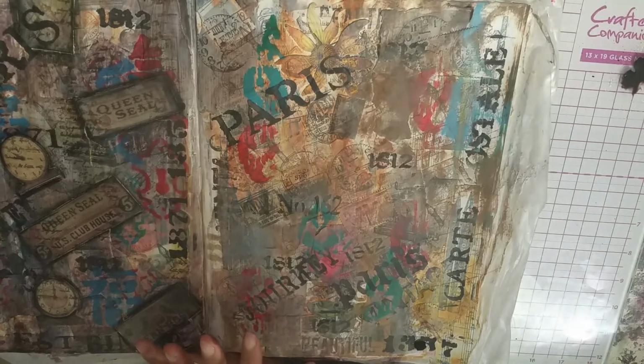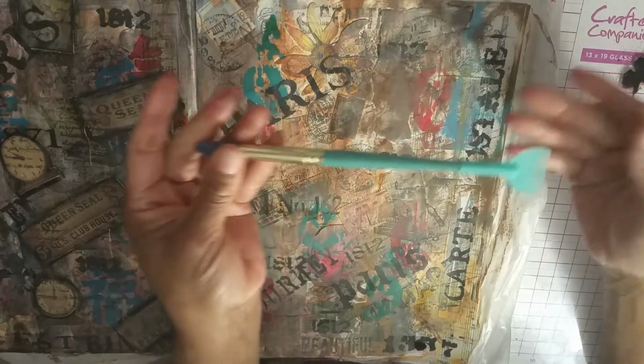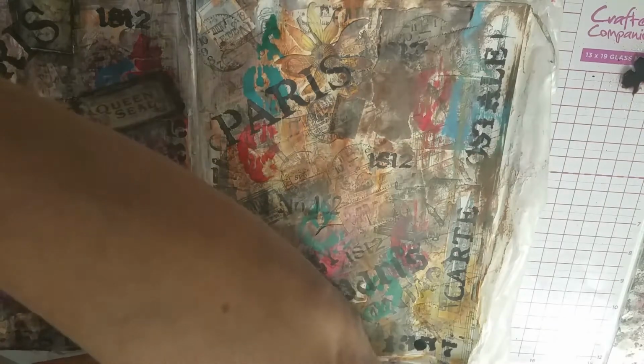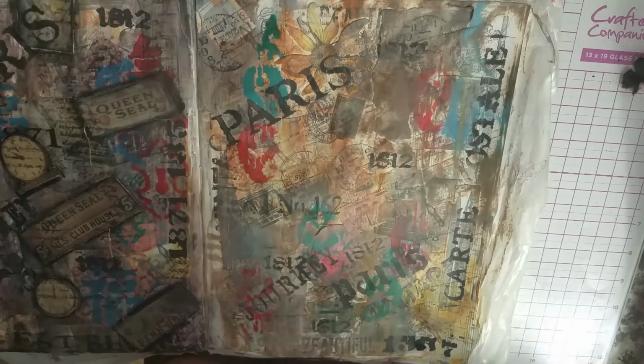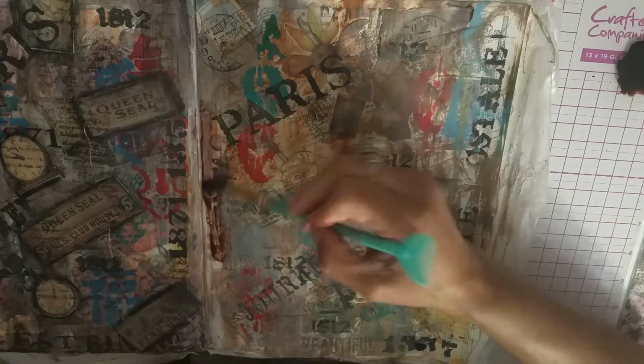I know what brush I want to use. Okay, I'm going to use this one. Isn't this pretty? It's a mermaid brush with a mermaid fin. I got that. It's Jane Davenport's brush, and I don't use it enough. So I'm dipping it into the ink, that watercolor ink by Bria Reese, and we're just going to go over little areas